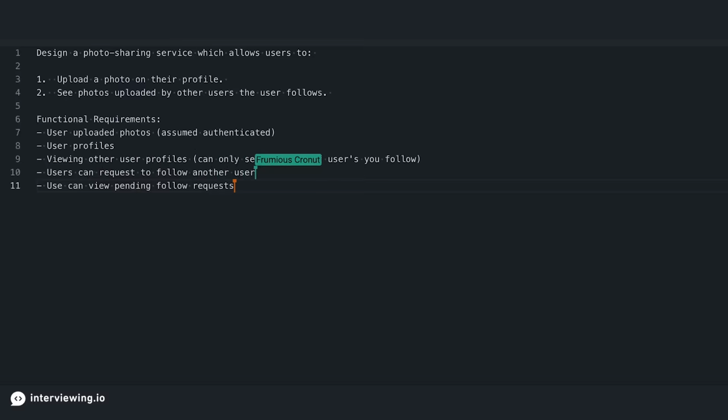Yeah, users can request to follow another user. Users can view pending follow requests and accept, deny. Okay, so that's following. That's requesting a follow. We've talked about viewing other user profiles. And then we also want to see photos uploaded by other users. So that sounds just like a